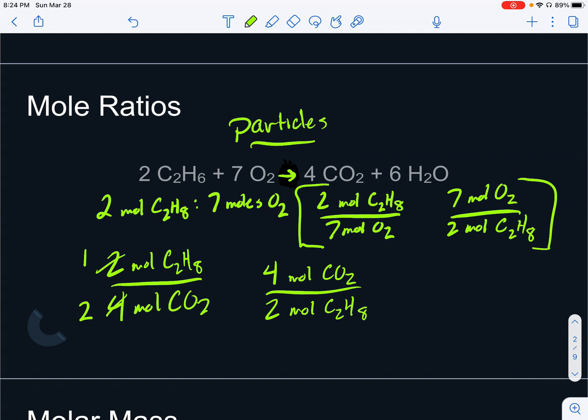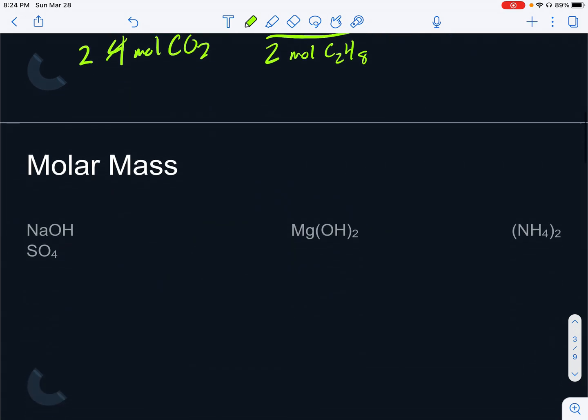It's a 7:4 ratio of oxygen to carbon dioxide. It's a 7:6 ratio of oxygen to water. There's all sorts of combinations that you can get out of this. So the first step then to convert an